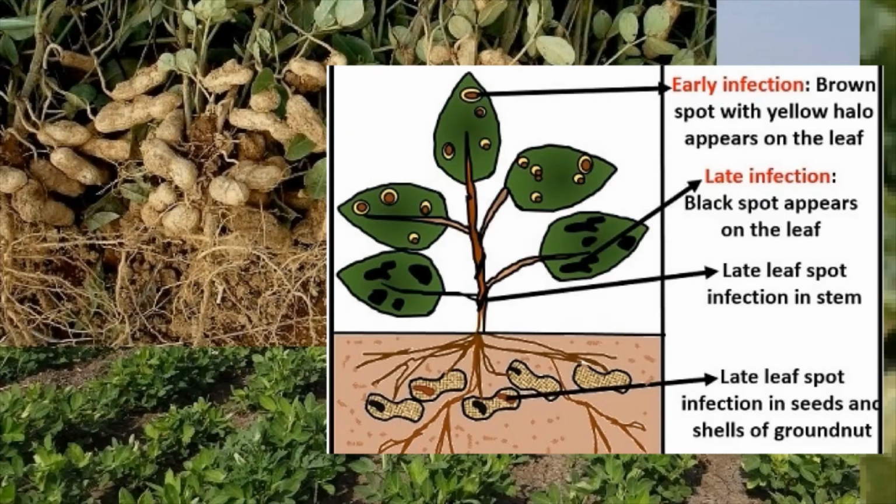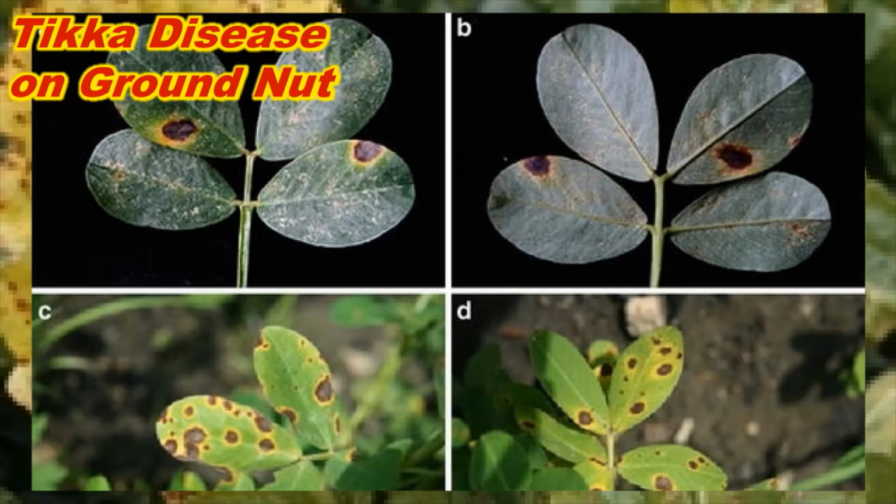Coming to the infections, the leaf spots appear on the leaves first, which appear as brown spots to start with, with a yellow halo margin around the black or brown spot. Later they spread to the other parts of the plant like the stem and leaf bases, and also to the nuts which are hidden under the ground. You are seeing one more picture of the leaf spots on the groundnut leaf. Some more pictures to show you the leaf spots.